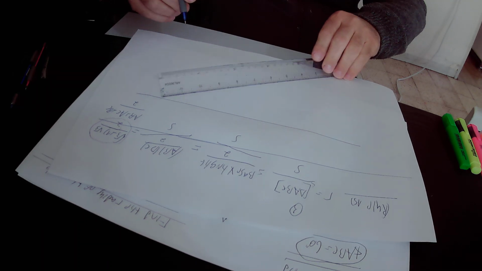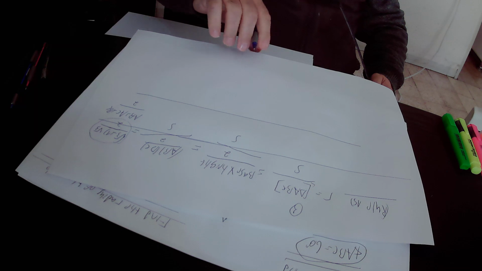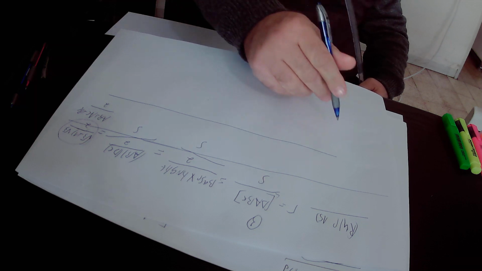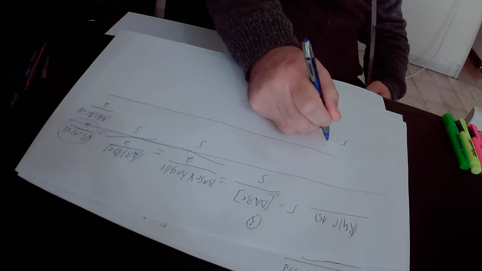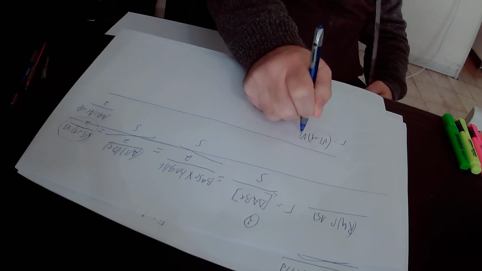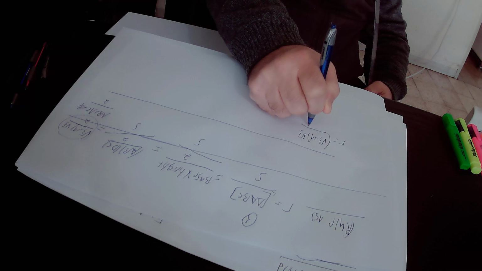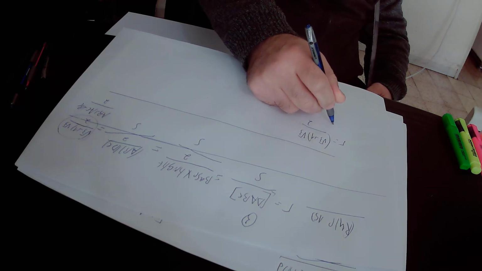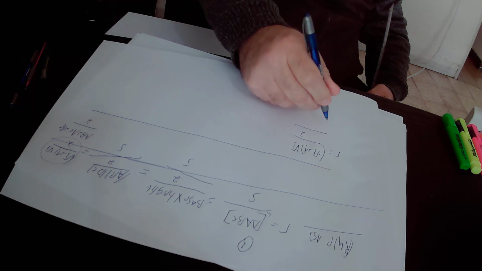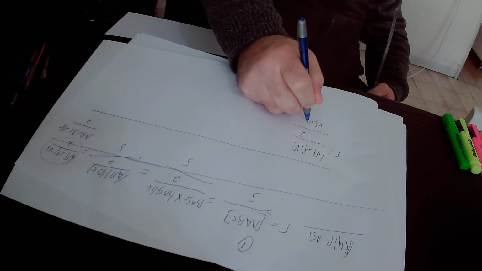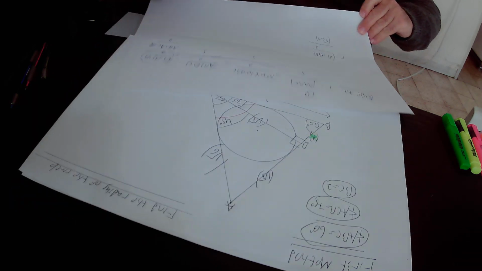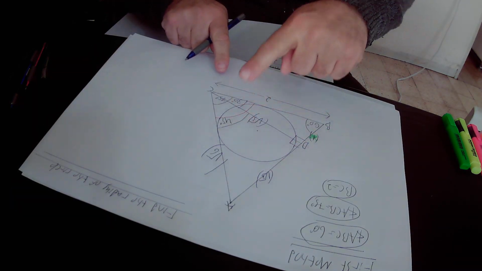So the radius R of this circle equals the square root of 3 plus 1 times the square root of 3 divided by 2, that is the area of triangle ABC, all divided by S. S equals AB, and AB is square root of 3 plus 1, times AC. AC equals the square root of 6 units